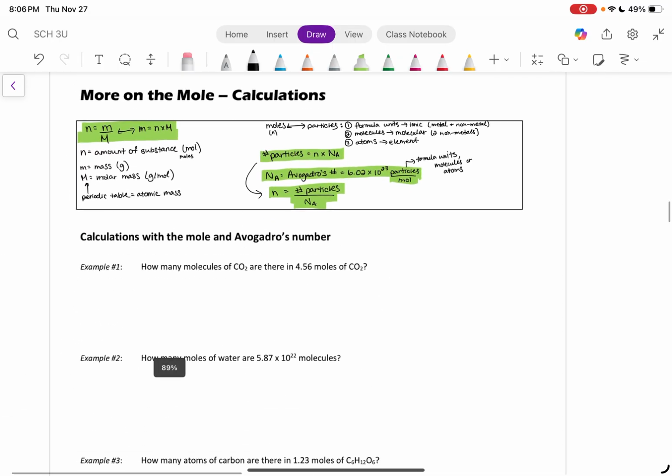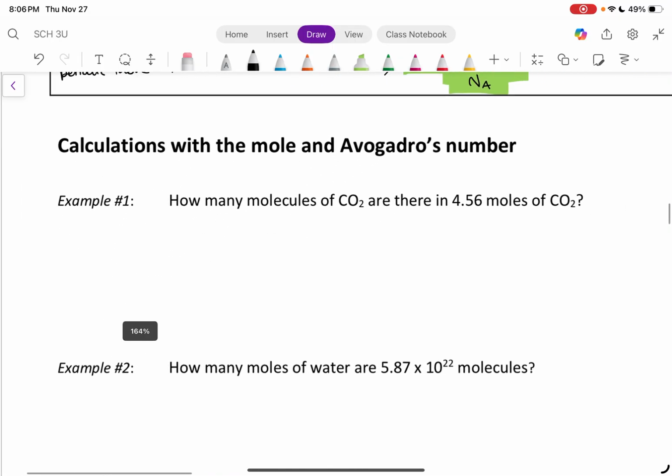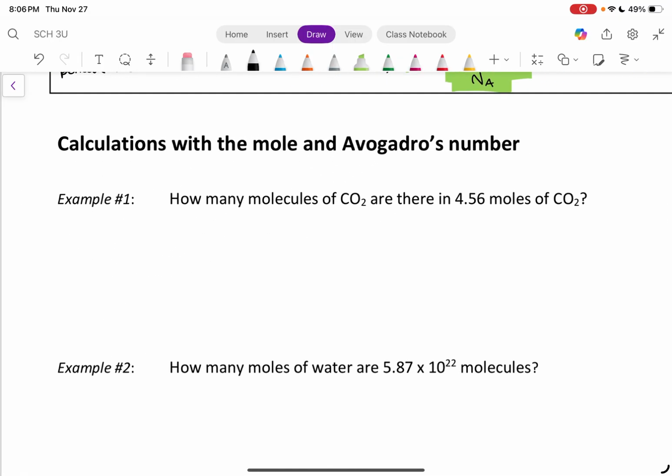So with that being said, I'm going to dive right in to the first example. We have a lot of examples to go through this lesson. So if you find that you're really understanding them, you could probably skip some parts of this lesson, but I do start with easy questions and then they do get increasingly more difficult as I go through the examples. So first we're going to look at calculations with the mole and Avogadro's number,